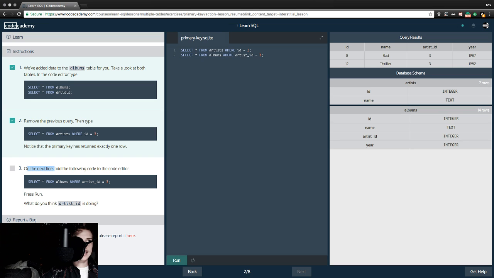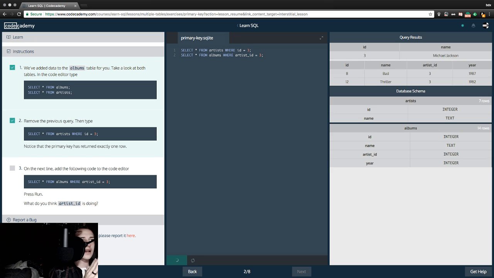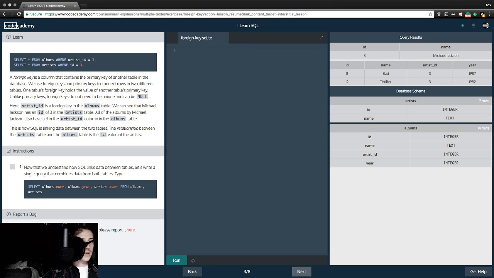On the next line, line 2, add the following code. Good. Not gonna lie, they were prepping us for the last 3 lessons by removing stuff. They pulled this one nearly every single page. So they're changing things up, but we should have expected that. Now we're running things. Ta-da! Look at that. Problem solved. Now, 3 of 8. We made it out of the woods for now. SELECT * FROM albums WHERE artist ID = 3; SELECT * FROM artist WHERE ID = 3;